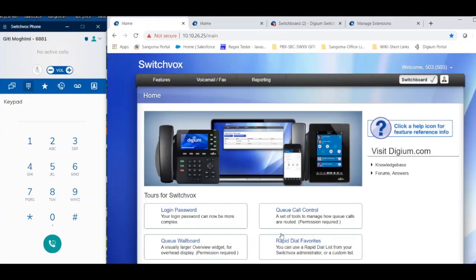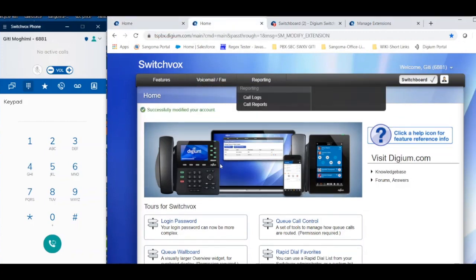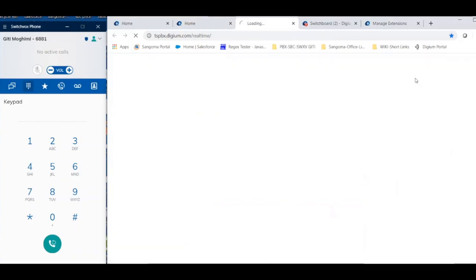Once it's logged in, the next step would be getting access to Switchboard. Now I'm going to switch to a real PBX here because I want to make a call and show you how it works. This is a real PBX, and this is my extension 6881, and I have access to Switchboard as a user because it shows it's /main. Click on Switchboard,